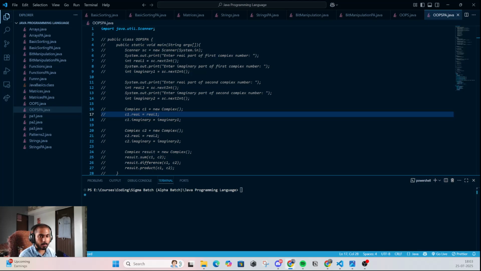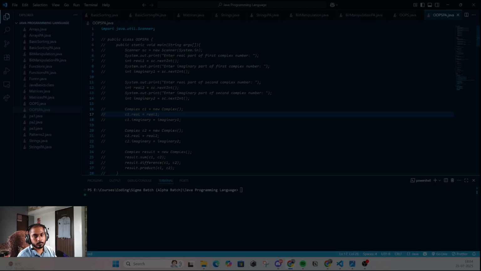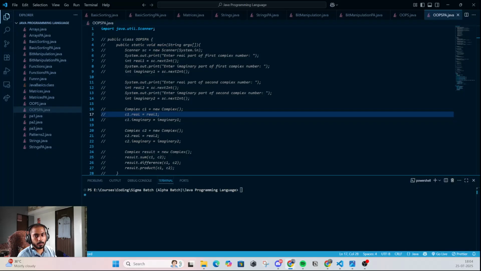So basically, they are recursive functions which are calling themselves again and again. And the definition of it is that recursion is a method of solving a computational problem where the solution depends on solutions to smaller instances of the same problem.